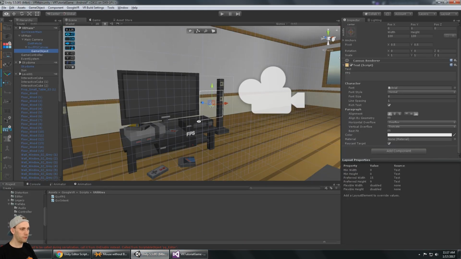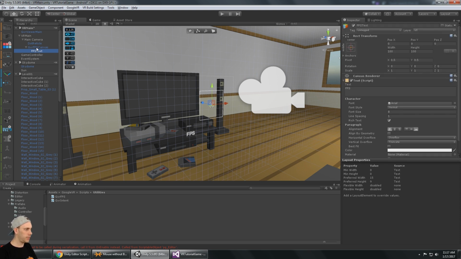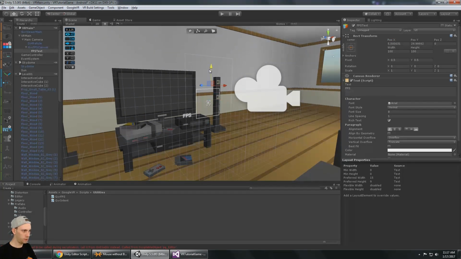The position of the FPS has gone off the screen, so I'm going to need to fix that. I'll go to the text. Let's see, we'll press W in the inspector and get that back on the canvas. Actually, it might be better to just do center,